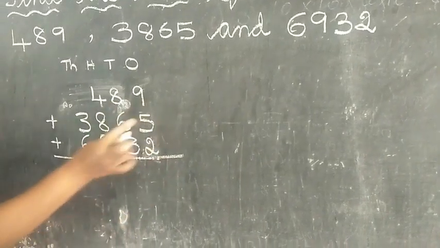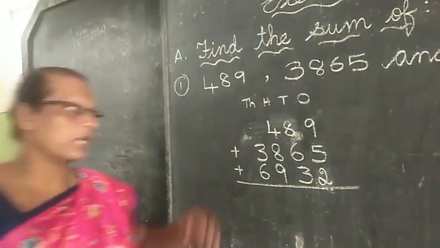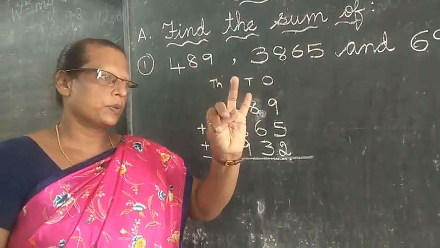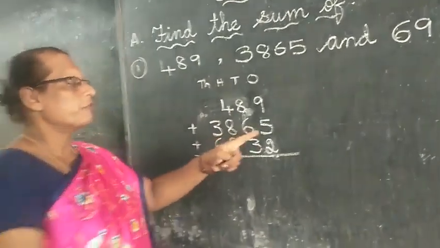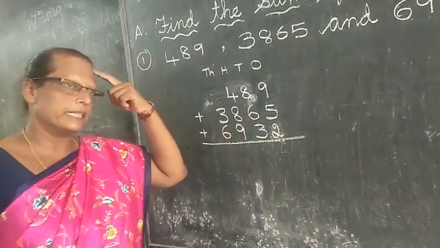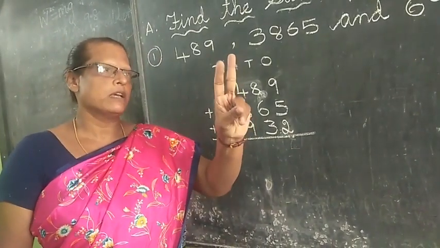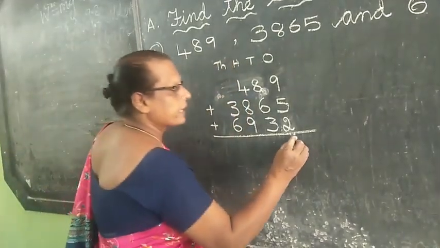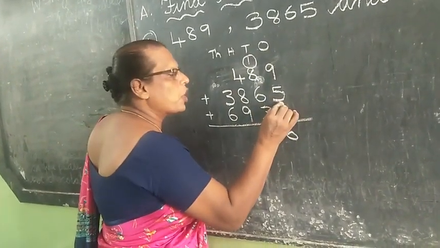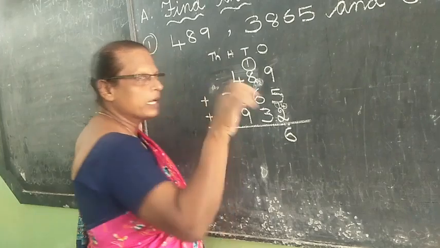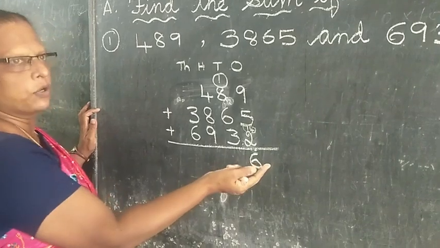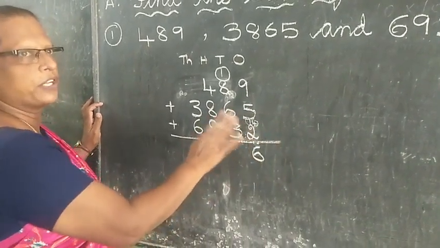So 9 plus 5, how much, children? 9 in the mind, 5 on the fingers. After 9: 10, 11, 12, 13, 14. So 14 comes. Do you write 14? No, you have to add this also. So 14 in the mind, 2 on the fingers. After 14: 15, 16. If you feel it is very hard, you can write 14 small with a pencil like this for your understanding. Some of them will forget. If you don't write it also no problem, if you write it also no problem.